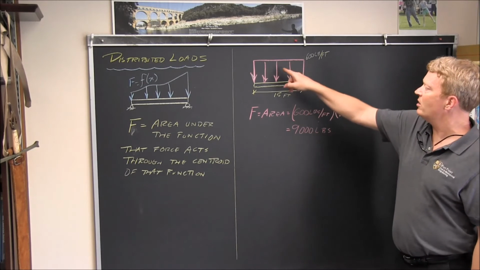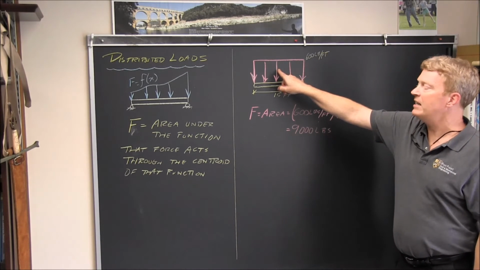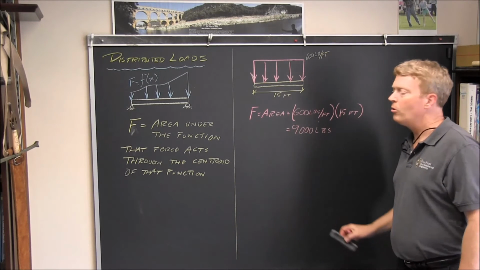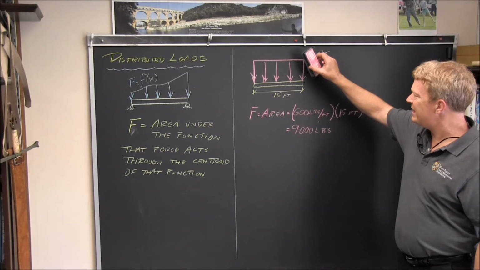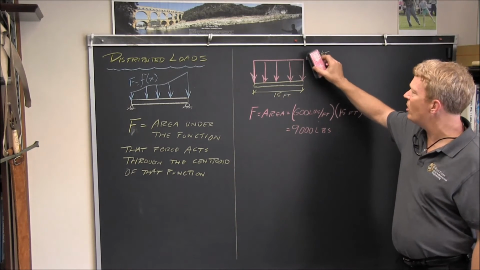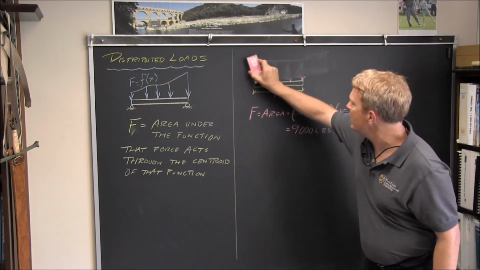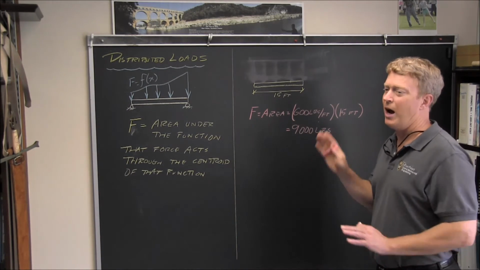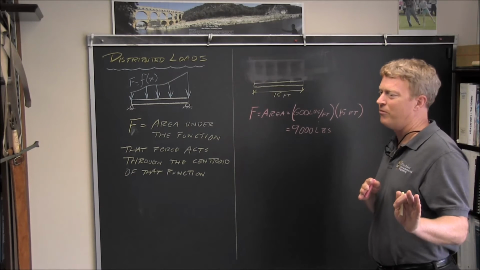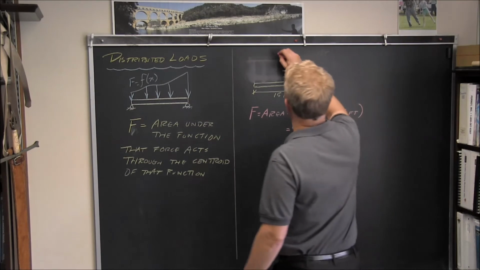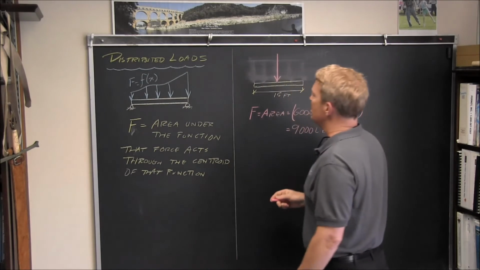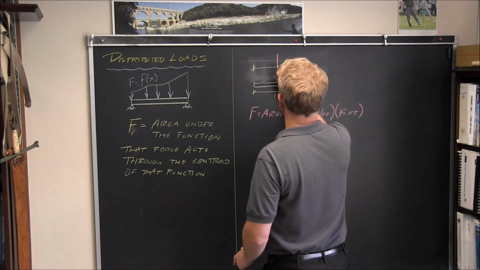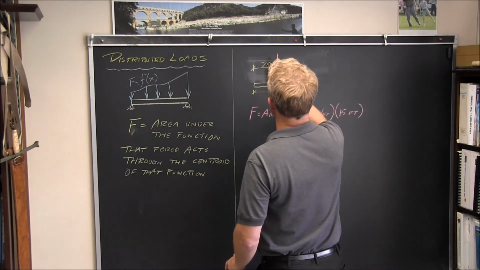The centroid of a rectangle lies right here. Then the force is acting downward through the centroid, and that means I can apply it to my object right at that centroid. So I'm going to take this distributed load and replace it on my free body diagram. Now you're going to draw a separate figure, right? I'm allowed to erase. I'm the professor. You've got to draw a separate figure on your beautiful green engineering paper, and you're going to act right here. And what's the distance from the left-hand side to that point of action? Why, that's a simple 7.5 feet,